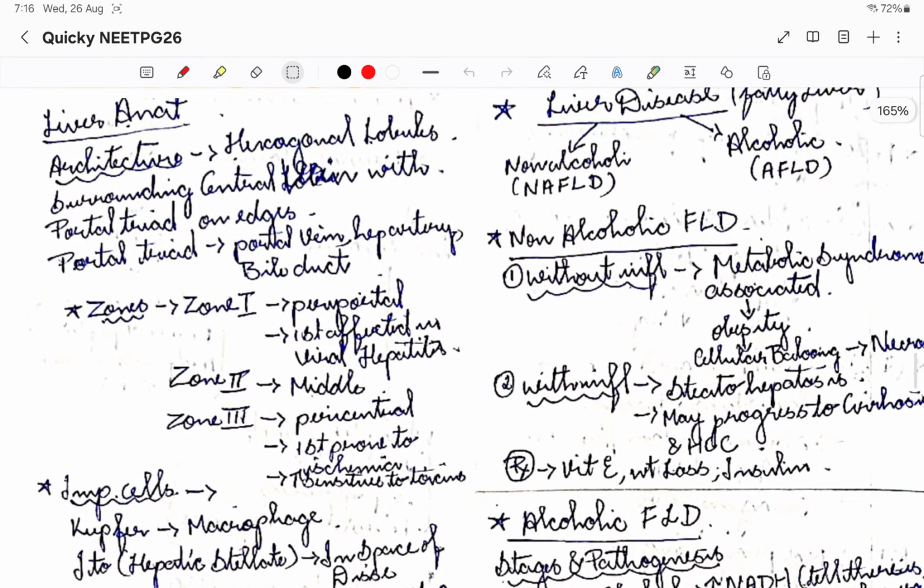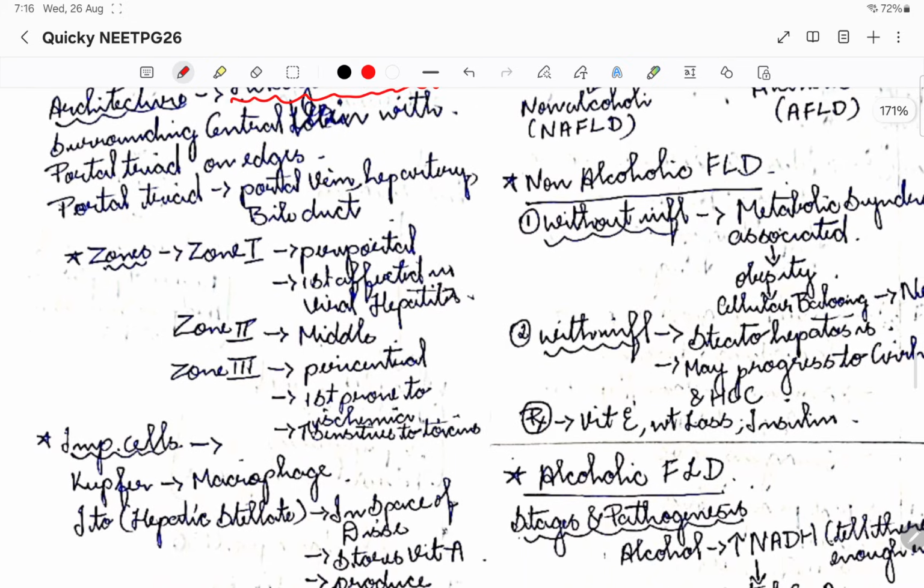Some of the important things about liver anatomy are, so let us see the architecture. In the liver, it is going to be a hexagonal lobule. The hepatocytes will be arranged around the central vein, with portal triads on the edges. Basically it looks something like this, hexagonal shaped, and centrally